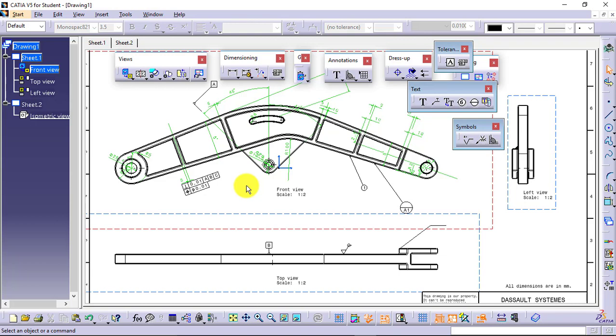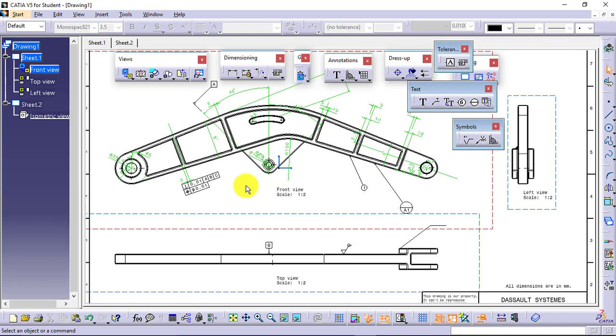We have seen auxiliary view and dimensioning, both types, generative dimensions and manual dimensions, how we can apply them, and how the software actually follows the generative dimensions. If you have not applied the constraints in your sketch, then the software will not have anything to transfer over here in the drafting. If you don't have the dimensions in the sketches, what will the software detect?